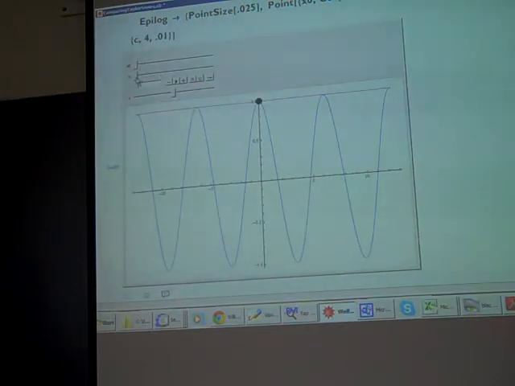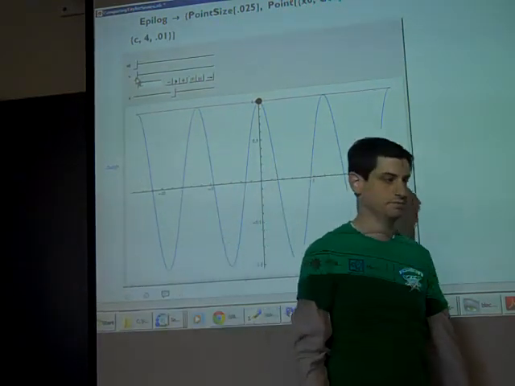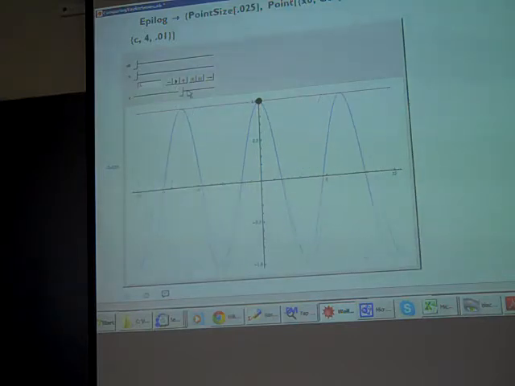The real fun thing is to increase the number of terms in my Taylor series approximation. So I'm trying to find the Taylor series approximation for cosine at the origin. And this is giving me the number of terms, and I have one term. And this purplish line is my first order Taylor series expansion. So it's basically the line y equals 1 plus 0x. And let's see how good of a job that does. So if I zoom in,